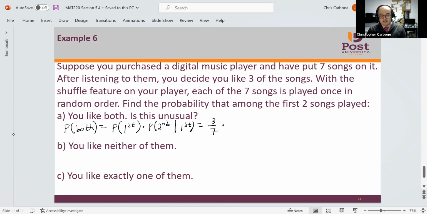But liking the second, given that you like the first: after choosing the first, there are now a total of 6 songs left, and since you already chose one that you liked, there's only 2 left that you like. So 3/7 times 2/6 gives us 1/7, or as a decimal,